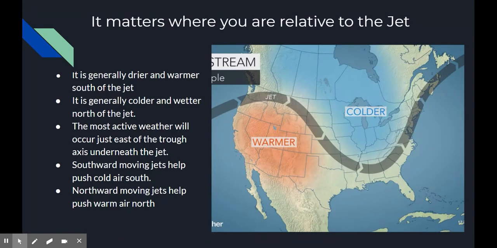The jet acts as a kind of boundary between colder air to its north and warmer air to the south. Undulations in this jet will cause the air masses to move north or south depending on the orientation of the jet. Locally in New Mexico, a weather system approaches. If you are south of the jet, it'll be dry, warmer, and windier. If you are north of the jet, you will experience cooler and wetter weather.